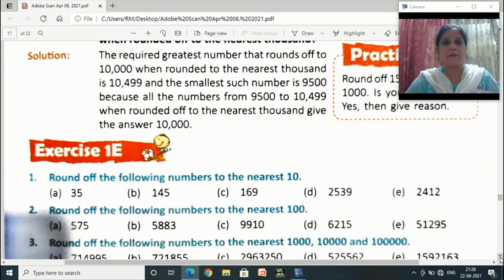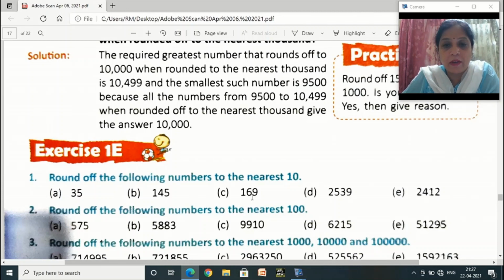First, for example, in exercise 1E, question number 1, round off the following numbers to nearest 10. Okay, now suppose you have to round off 169. When we have to round it off to nearest 10, which digit will we circle? We will circle 6 here. And which digit will we underline? We will underline 9. Okay, now since the digit at 1's place, that is 9, is greater than 5,